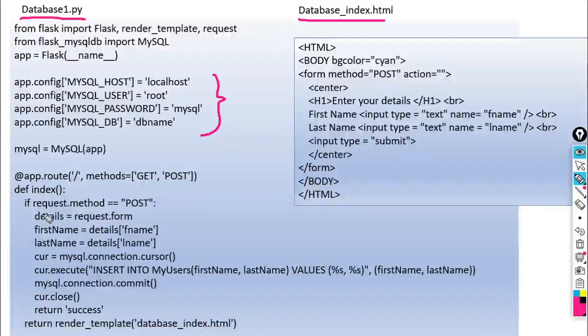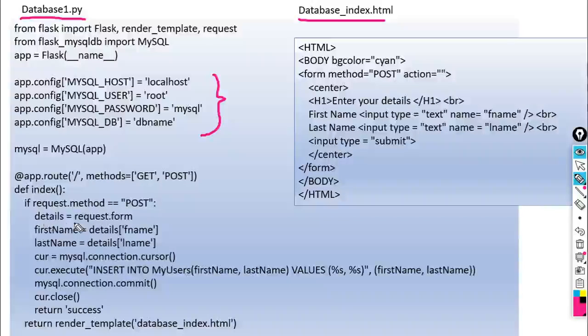And if request.method is equal to POST, because we are going to enter the data, then we use details is equal to request.form. Then first name is equal to details['fname'], last name is equal to details['lname'], because we are going to put the first name and last name.